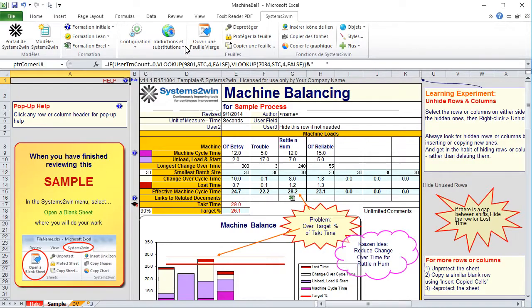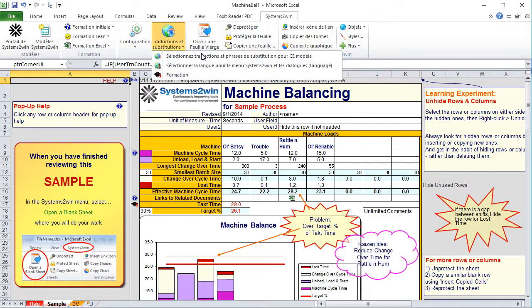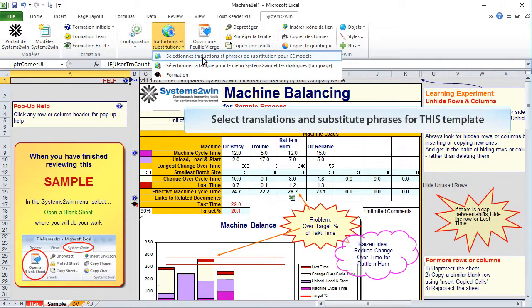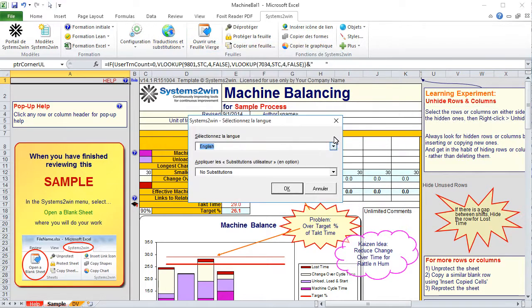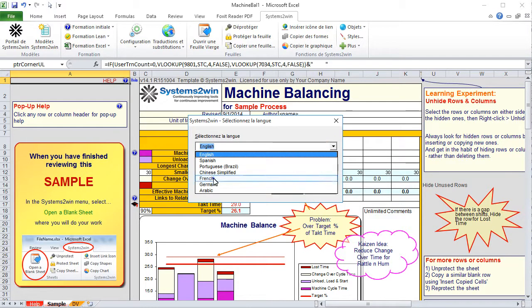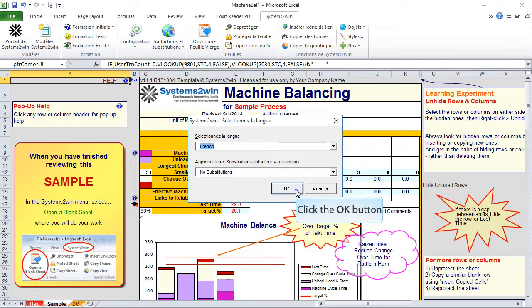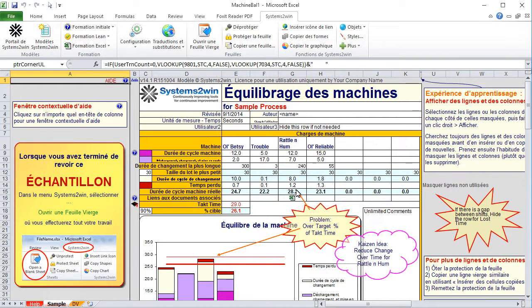Now when you select Translations and Substitutions in the Systems to Win menu, and then select the first menu item, which is Select Translations and Substitute Phrases for this template, then if your company has purchased any language translations, you can choose your preferred language, and when you click OK, voila!